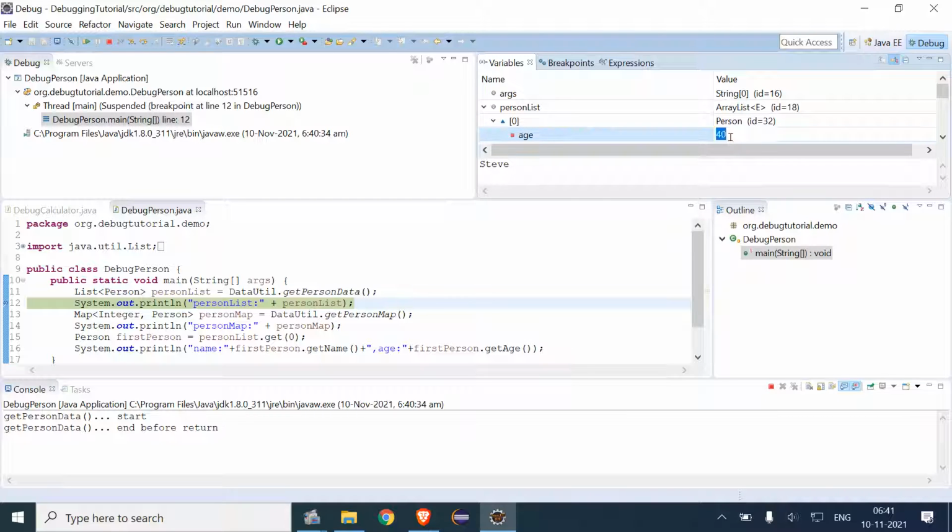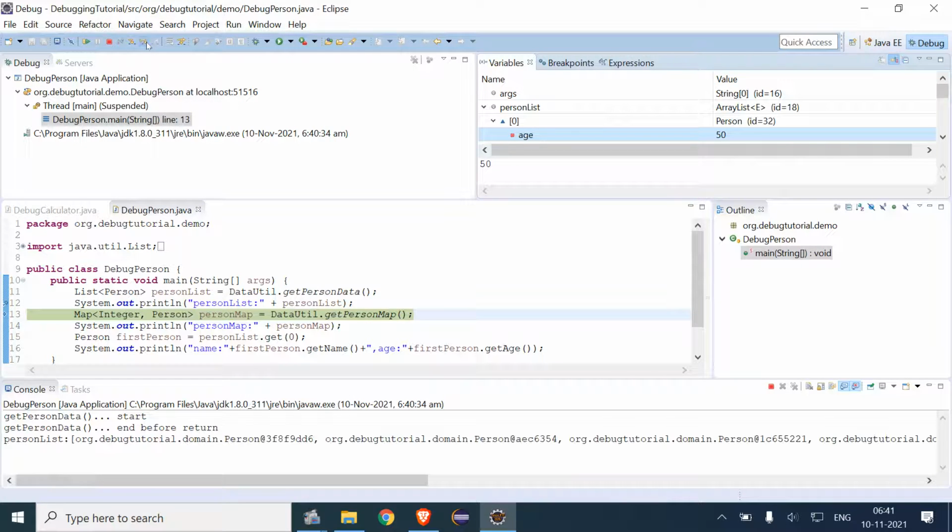In this sample program, we can change the age here to 50. And if we give this age and if we use the step over, we can get the age easily.